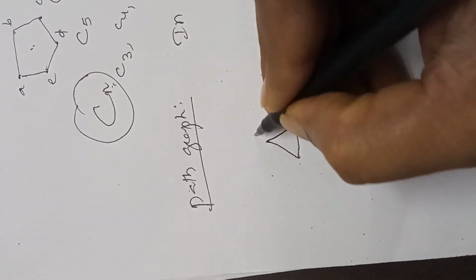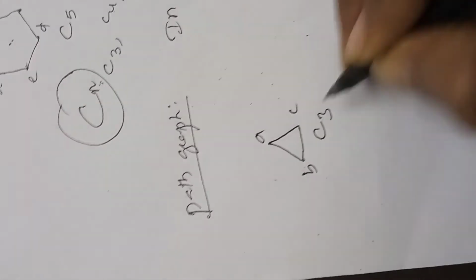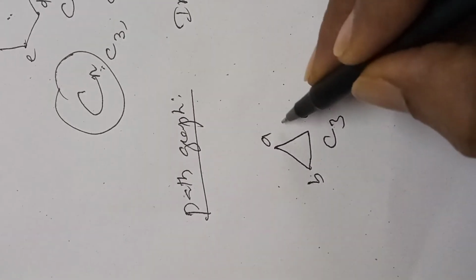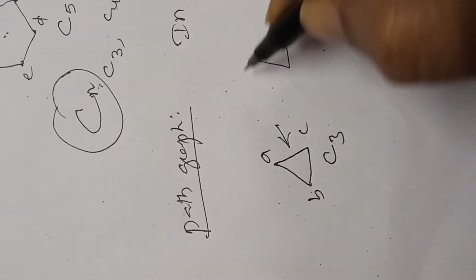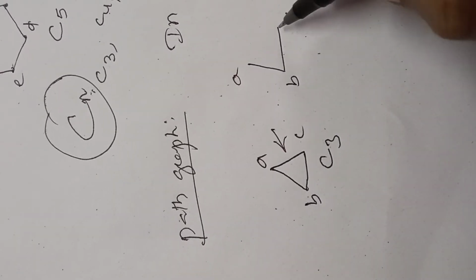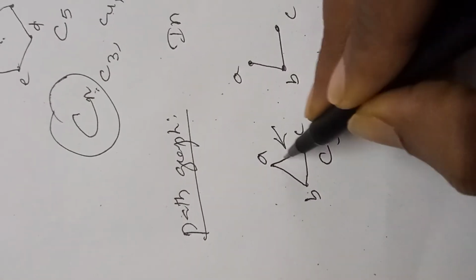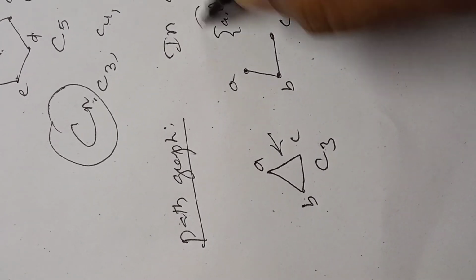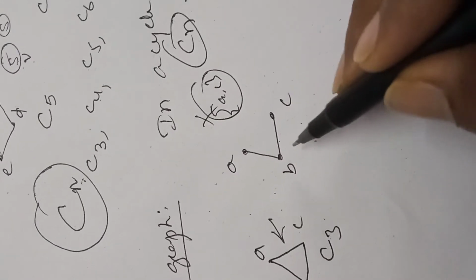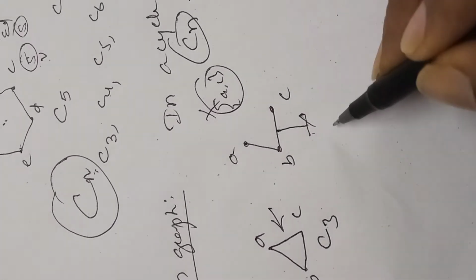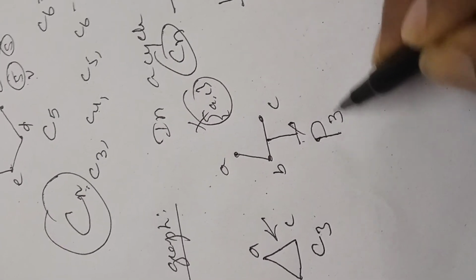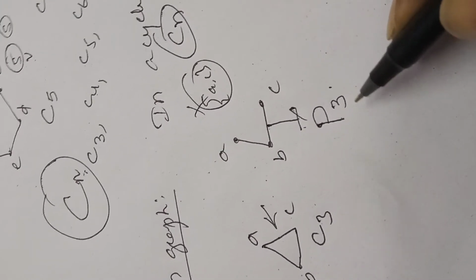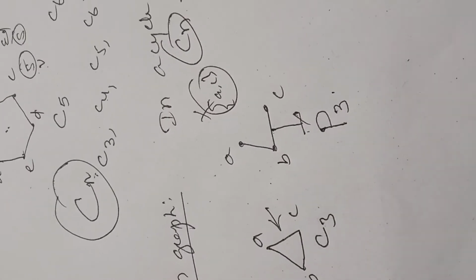Now we know this cycle graph. This is a cycle graph, right? It is denoted by C3. Now we have to remove one edge. If you remove one edge, this edge, then this is called ABC, right? We are deleting this AC edge. The graph obtained is like this. Therefore, this is called a path graph. It is denoted by P3. Here 3 indicates the number of vertices in the path graph only, not the edges.